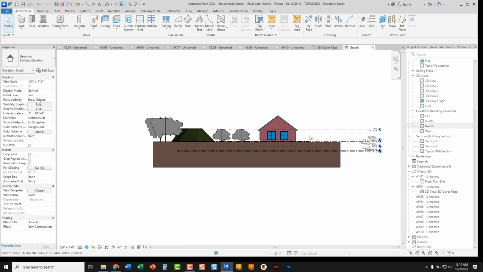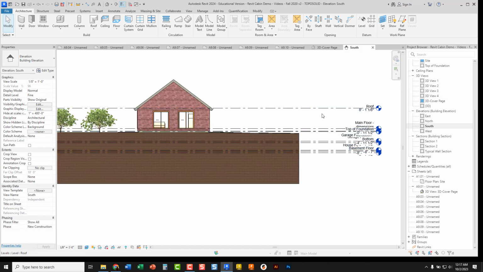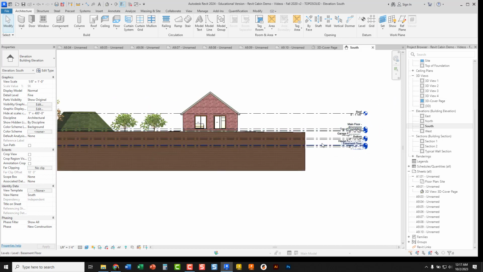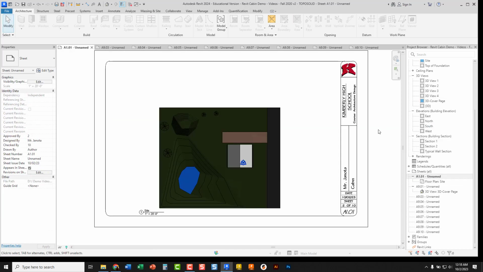And there's my house and my trees. Turn this back to realistic. There we go. To save some time, I'm not going to worry about it, just hide the levels that you don't need, and you guys can clean this up a little bit more to match. Saving some time on the video here. Go back to my sheet of paper. South view, I want to drag over